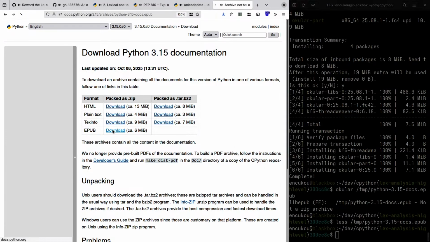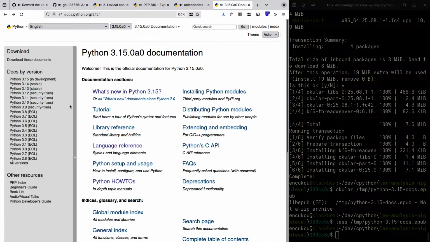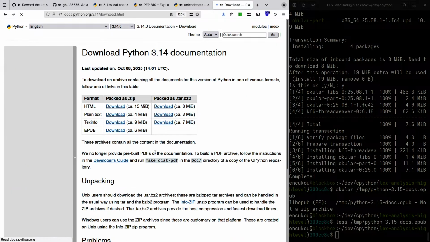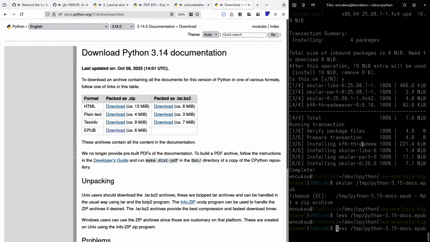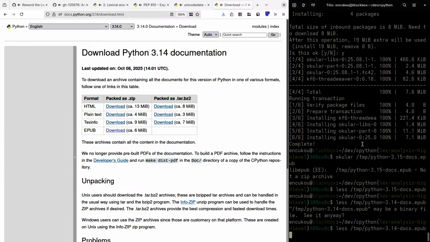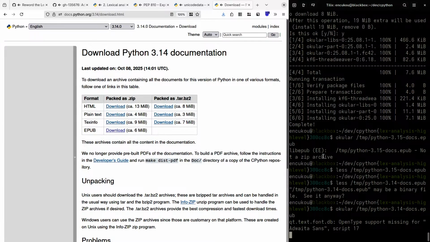Oh, this doesn't. Maybe, archive not found. It's not been built yet, so maybe for 3.14. Okular, the universal document reader. Okular allows you to read PDFs, comics, and EPUB books, browse images, visualize Markdown. Yeah, okay. Oh, the package has not been updated since 2012. That might be an issue. I guess I'm going to need to use something other than Okular, which is unfortunate because the UI is so nice.